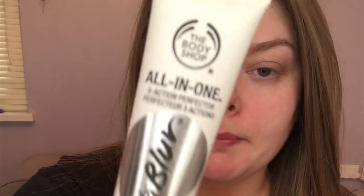And also I'm going to use the moisturiser that goes with that toner. It's the Vitamin E moisturiser, so we don't want too much because this is quite a rich cream and I don't want my face to be too dewy. So once the moisturiser is all applied and settled into my skin, I'm going to apply a primer, and it's the